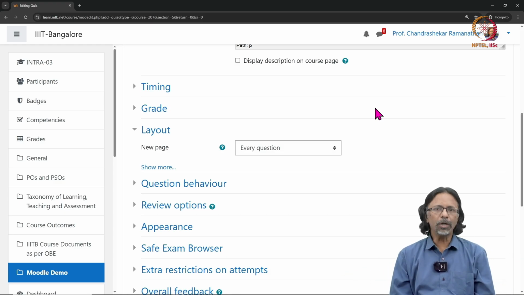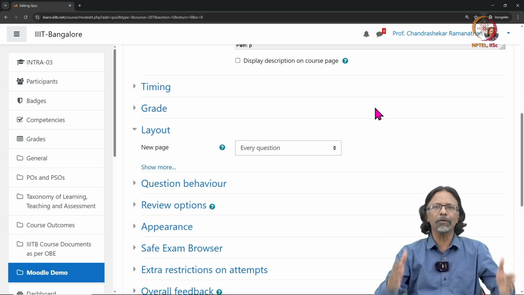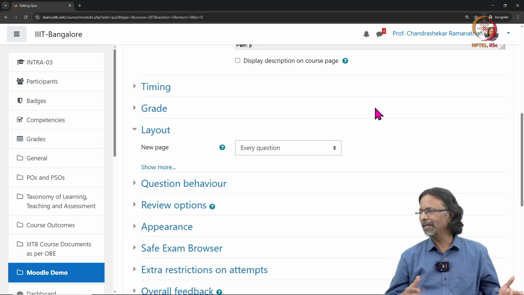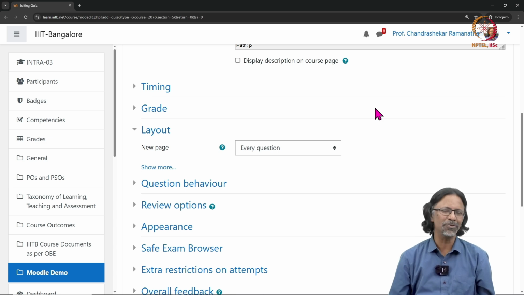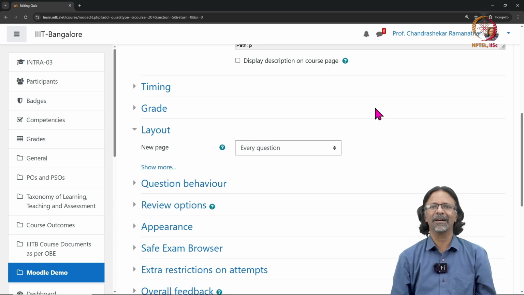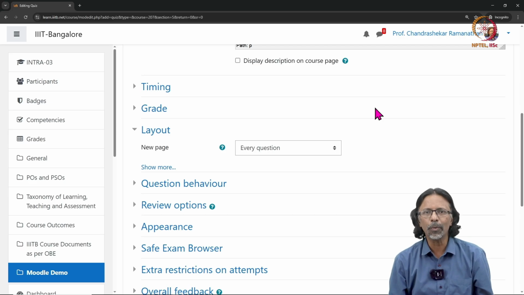So we may not want to reveal more than one question in a single screen, so that neighboring students will not be looking at each other's screens to see what answers are being written. That is the reason why it is useful to limit the number of questions to one question per